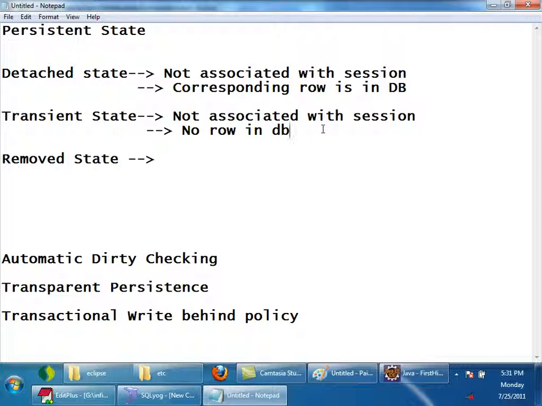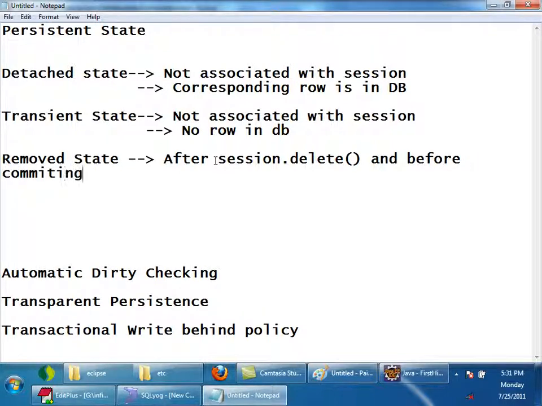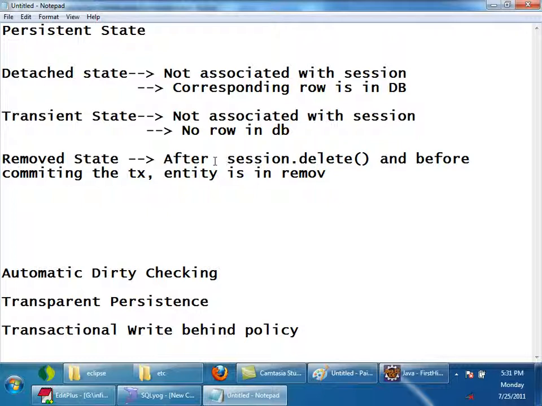Removed state: after session.delete and before committing the transaction, the entity is in removed state.